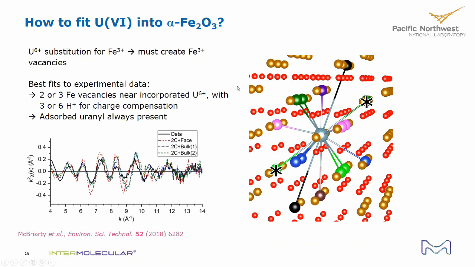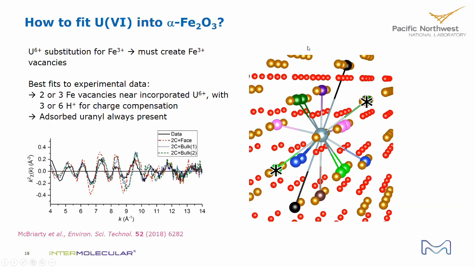And every time we pull out another iron vacancy, we have to add in a few protons for charge compensation. We need to pull out that first iron in order to compensate for U6, but then once we pull out the second iron, we need to add in 3 protons to make up for the 3+ charge we just took out. So when we have these protonated vacancies in this hydrohematite-like structure, then we can end up getting pretty good